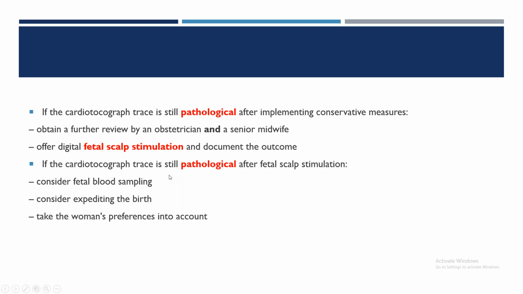And this is not in sequence. That means you don't have to always do the fetal blood sampling. You have to take the clinical condition into account, whether fetal blood sampling is feasible or not. You have to see. Like if the woman is not dilated, like hardly 1 centimeter is dilated, here fetal blood sampling is not possible, and CTG is pathological. That means you have to go for cesarean section. If the woman is fully dilated, head is in the favorable position, so there is no need to waste time in the fetal blood sampling. You can go for instrumental vaginal delivery. Okay, so you have to weigh the condition, and you can either go for fetal blood sampling or you can go for expediting the birth.